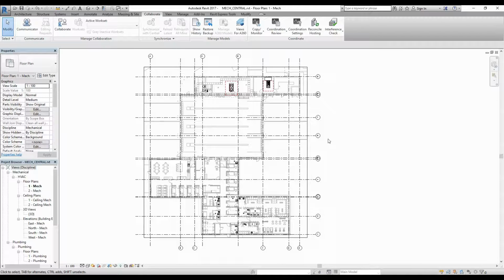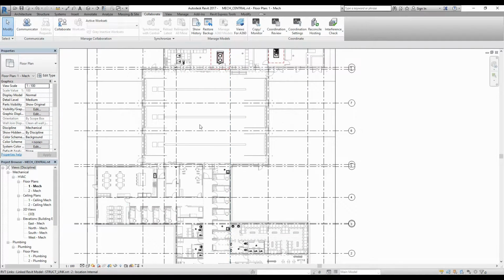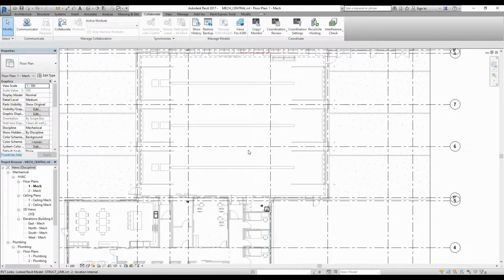It's a file on a computer or server, but it allows other people to access the file at the same time. Now there's sync functions, so as soon as you click on something and change it, it accesses that central